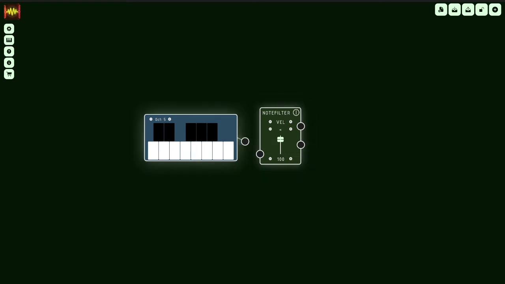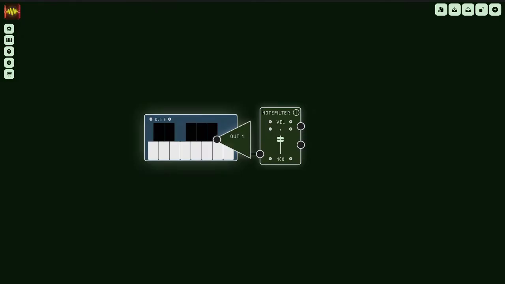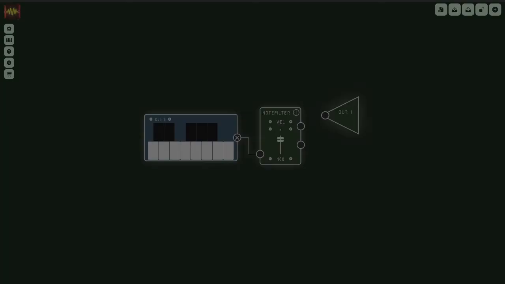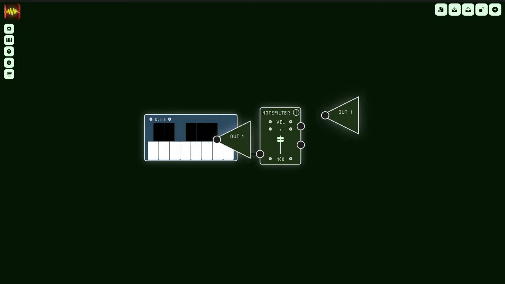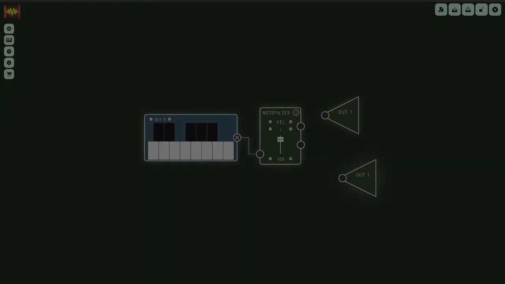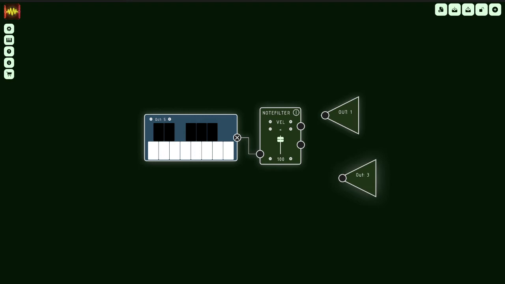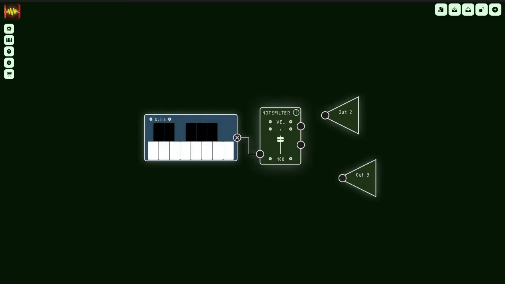and connect the keyboard. It has two exits and we're going to use two sounds from my Digitone. So let's add two outputs. Two outputs, and let's choose sound 2 and sound 3. Okay, so